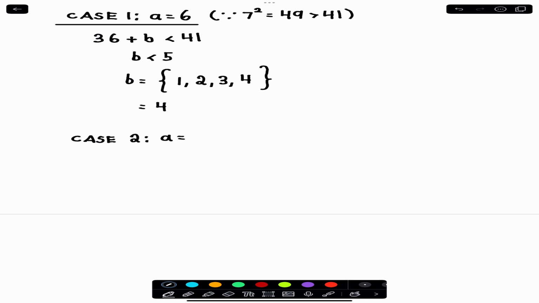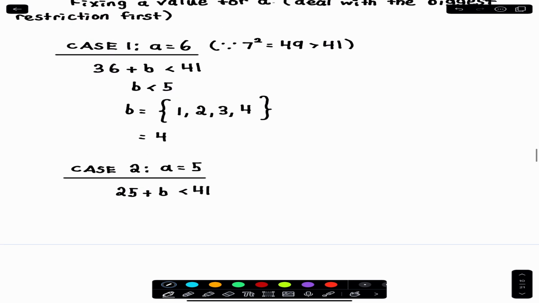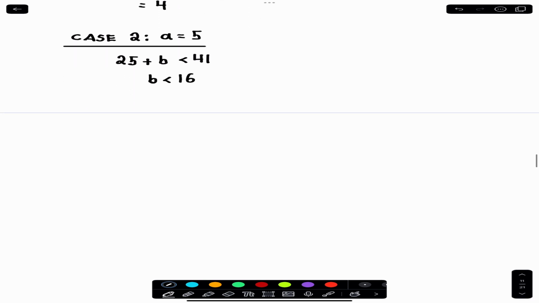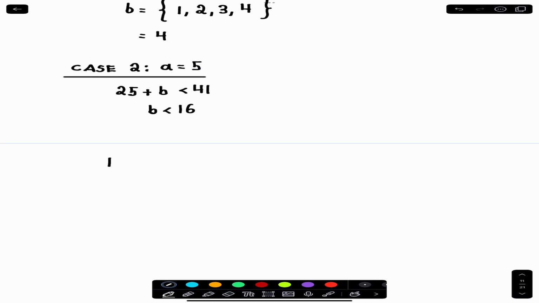This time, a equals 5. What happens when a equals 5? What does this mean for b? Well, when we set a equal to 5, 5 squared plus b must be less than 41. And we move everything over to one side. That means b is less than 16. This means there are 15 possible values for b,